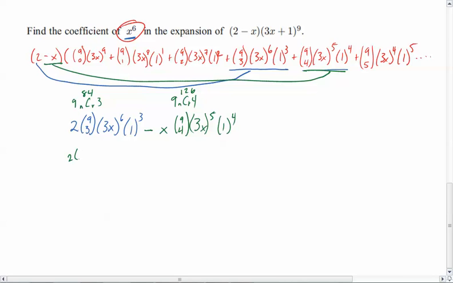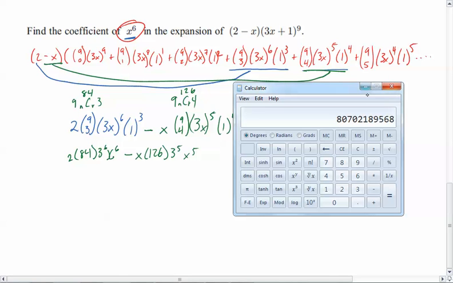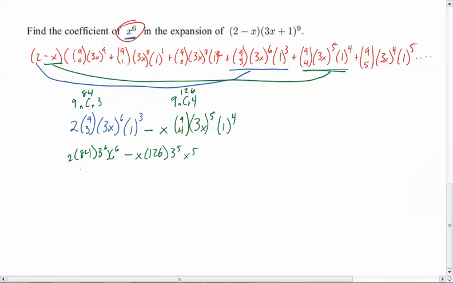So we'll have 2 times 84 times 3 to the 6th, x to the 6th, and of course 1 to the 3rd will be 1, minus x times 126, 3 to the 5th, x to the 5th, and of course 1 to the 4th will be 1. So we'll bring out our fancy calculator here, and we'll go 84 times 3 to the 6th, and then of course times 2. So that will be 122472,